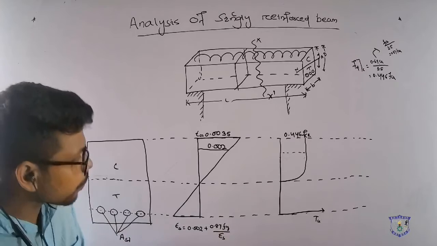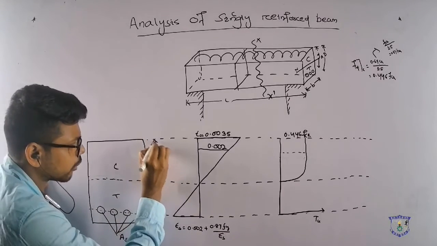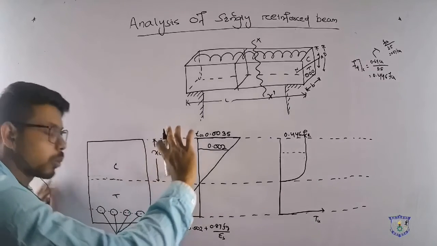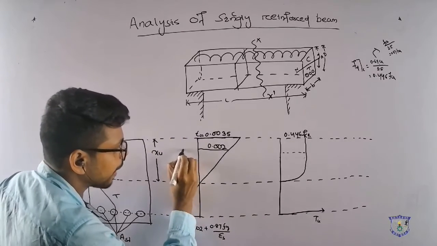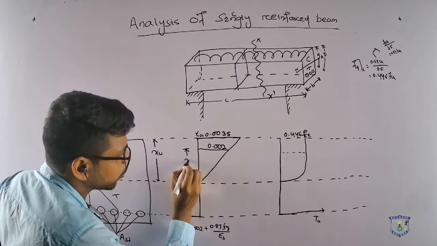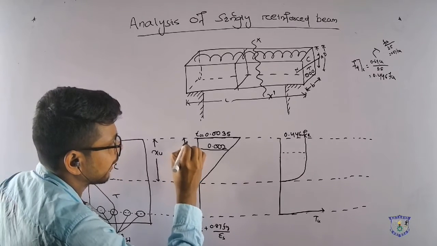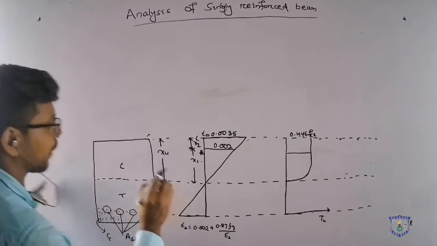Now, how to find out the depth of neutral axis? First, we have to find out the depth of neutral axis. We don't have knowledge about what the value of x is. Let us consider this value is x1, and this value, let us take, x2. Now we have to find out x1 and x2